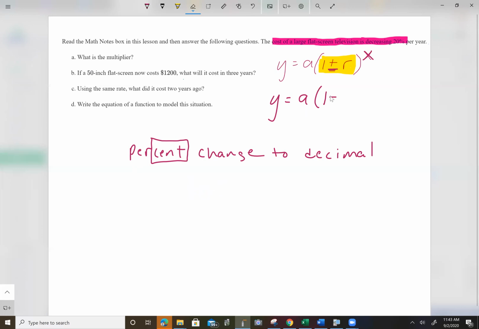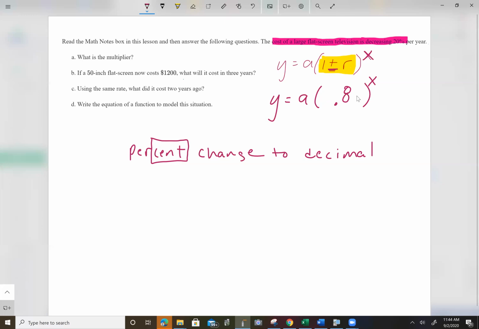So how do I write this? I am subtracting the rate, because we're decreasing, so it's going to be 0.20. I still have erase on. You don't have to have that 0 afterwards, but we'll just keep it in there so it looks like 20. But let's actually do the math for this. 1 minus 0.20 is actually 0.8. And what that means is if the cost of a flat screen is decreasing by 20% per year,